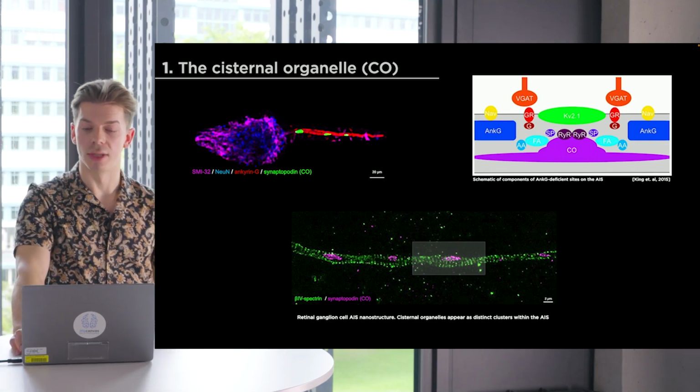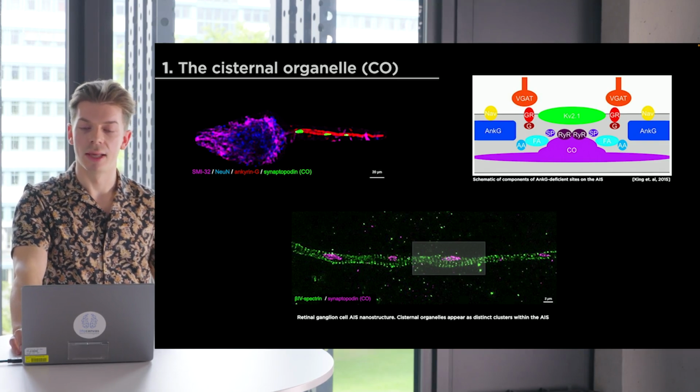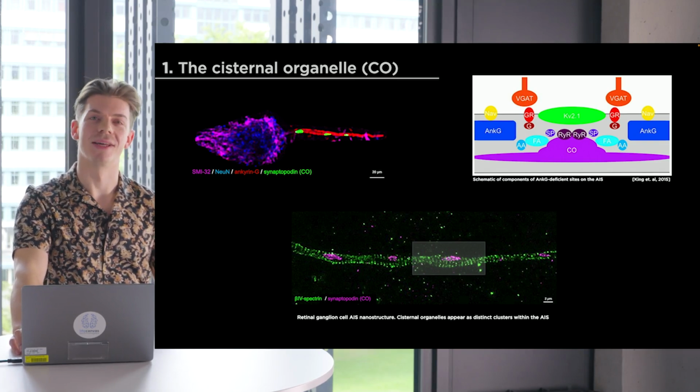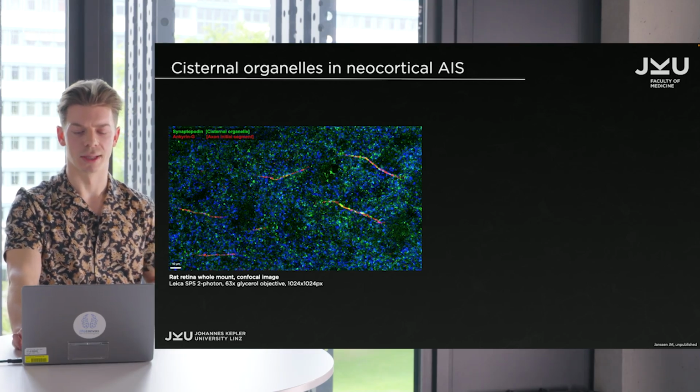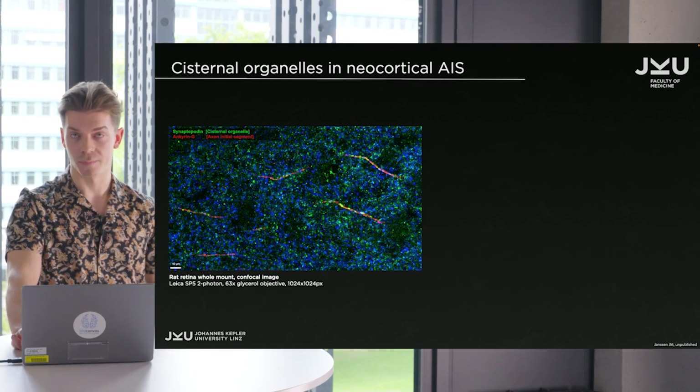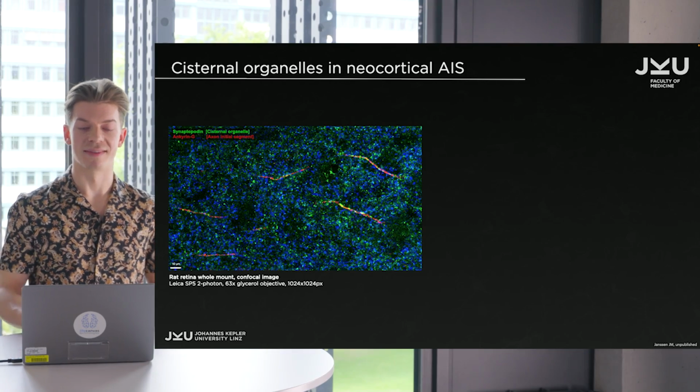And in order to get a better understanding of this, we now started to employ several ways of nanoscale imaging. When I was starting out in Germany with this project, we didn't have a STED in the beginning, so we had to find other ways to allow for nanoscale imaging. And what I was starting out with was an expansion microscopy approach, which means that